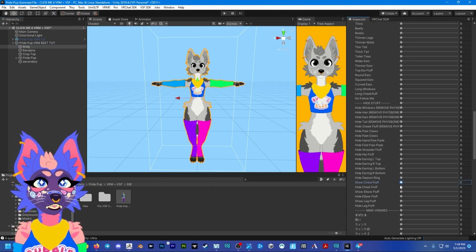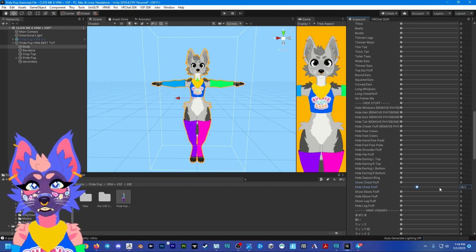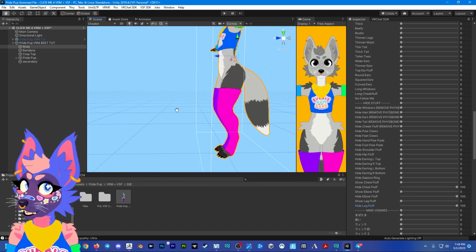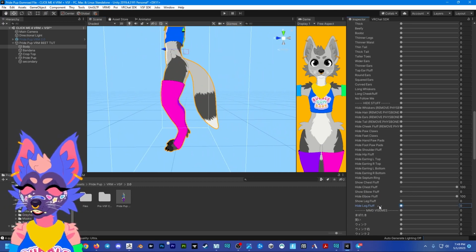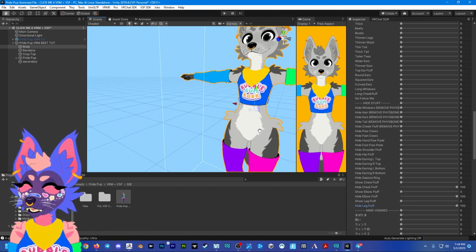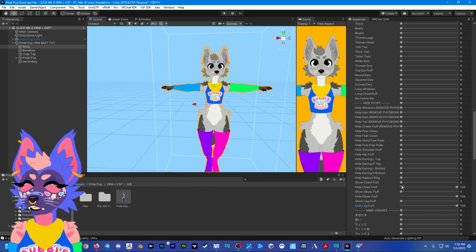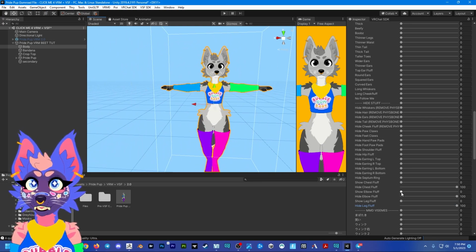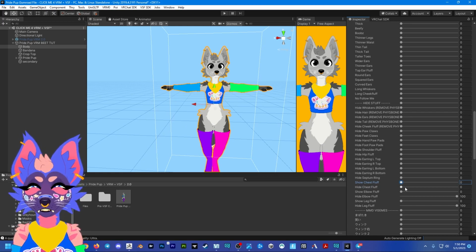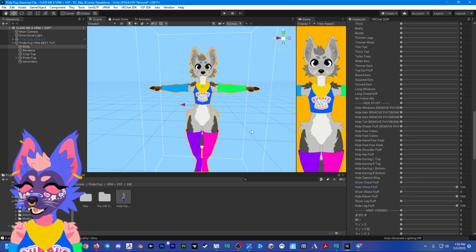And if you're going to keep the crop top on, you can hide the chest fluff, hide elbow fluff for the arms, hide the leg fluff for the back of the legs, which is stuff that used to be default on the prefabs, but I've changed it now so that if anything is ever broken, there's also now going to be something that will override and show the chest fluff, for example. But obviously if you double it up while it's already there, it's going to get really big, so don't do that. But yeah, so we're going to hide the chest fluff, hide the legs, hide the elbow fluff,